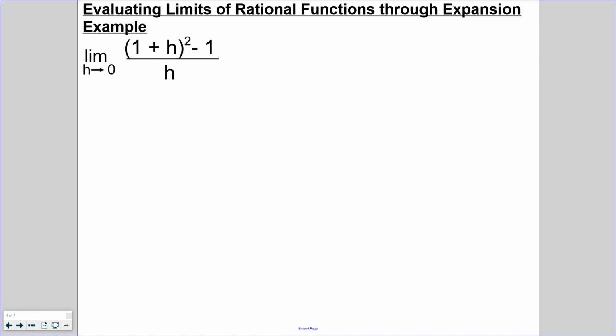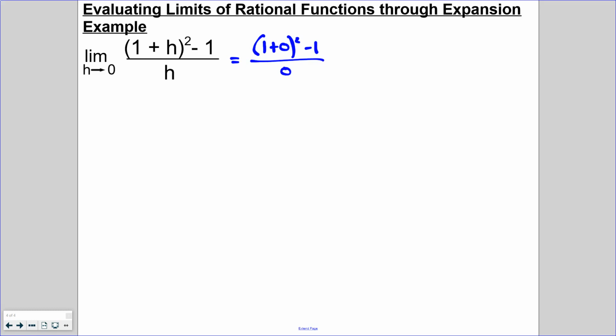So we have the limit as h approaches 0 of the quantity 1 plus h, quantity squared, minus 1, over h. And just like before, we always want to try direct substitution first. One, because it's simple; two, we might luck out and get a continuous function; or three, it might give us a hint as to what direction we need to move into next. So let's see, h is going to be 0, so we're going to get 1 plus 0 squared minus 1